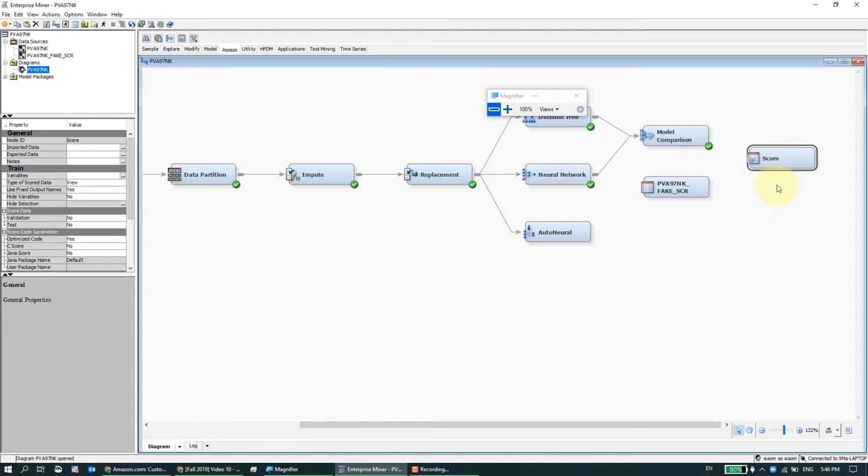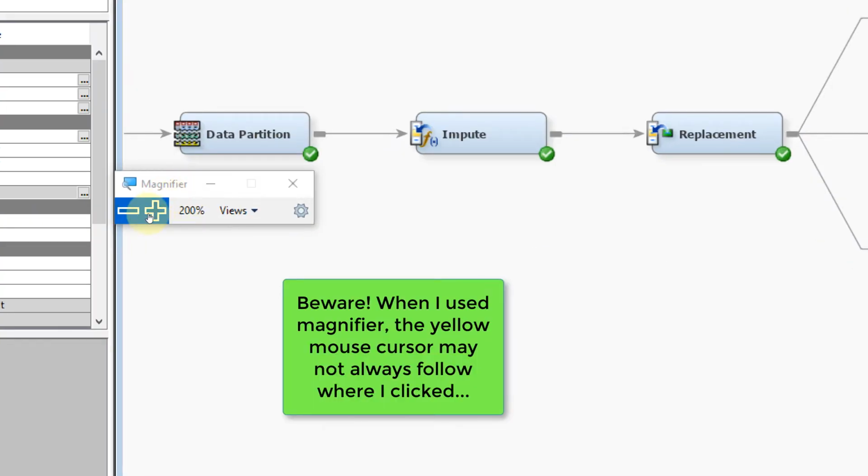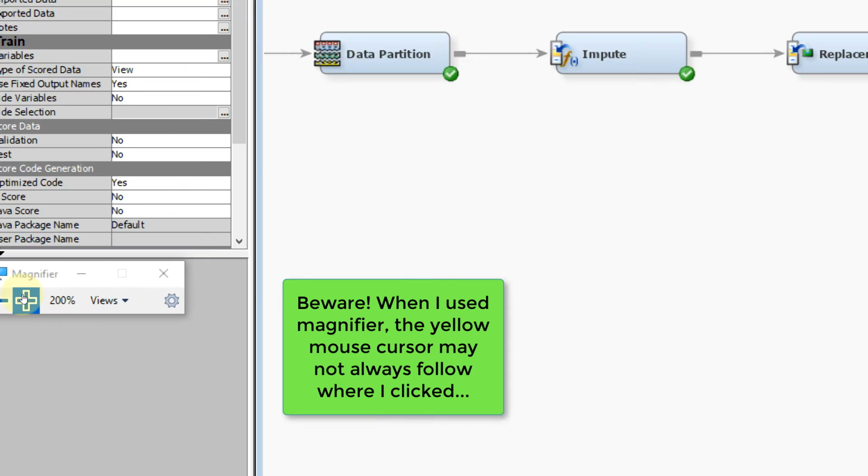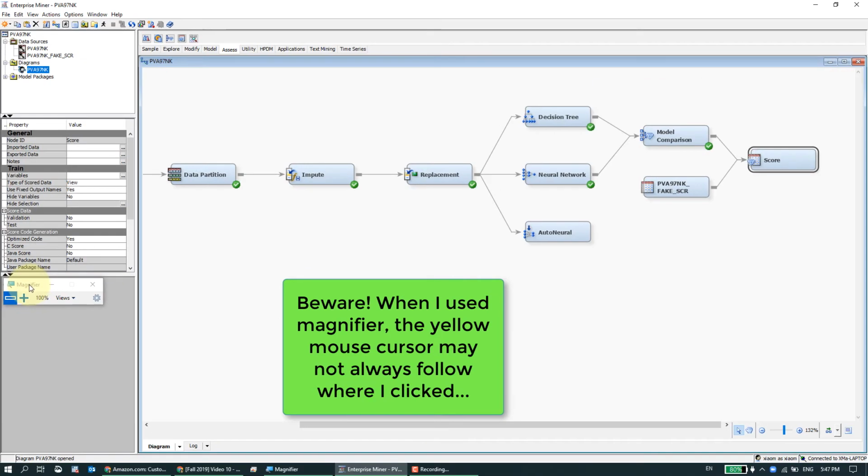It's the score node that is used to apply the trained model, the best model that you select, on the score dataset. So you need to link the model comparison node and the score dataset together to the score node, and you can mostly, okay, let's do this. You can mostly accept the defaults,